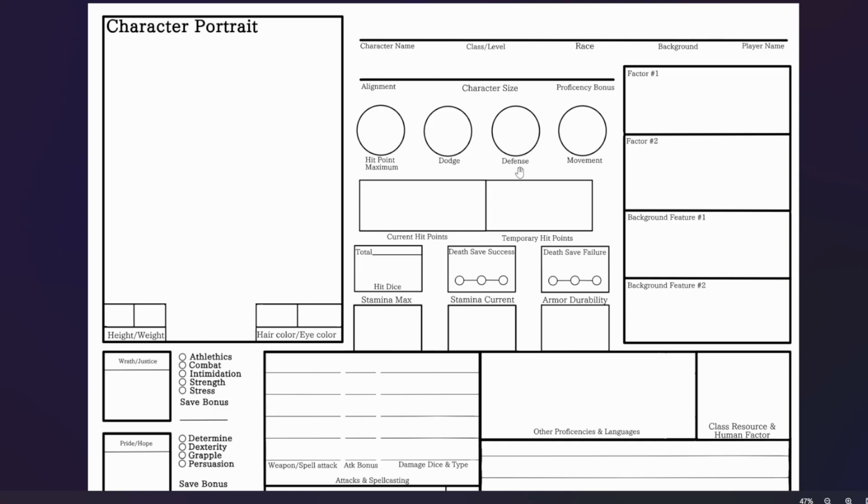So say you have a defense of 5 because you're wearing like a chain shirt or something. I don't think it's actually 5. I think chain shirt's 3. There's something in there with 5, I just can't think of it off the top of my head. Say you have a defense of 5 and you get hit by an attack that does 11 damage to you, and it's slashing damage, so your defense applies to that. So you would instead take 6 damage, and your armor would take that 5 that it reduced,